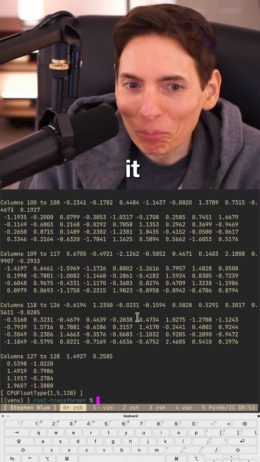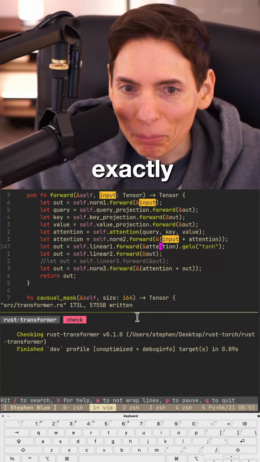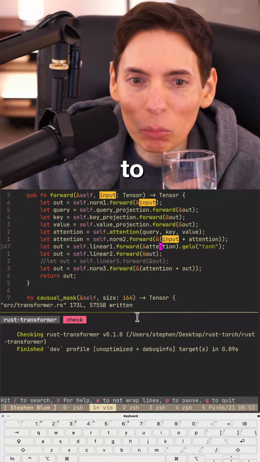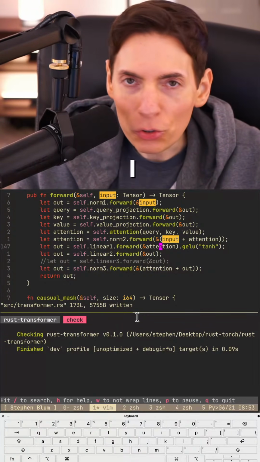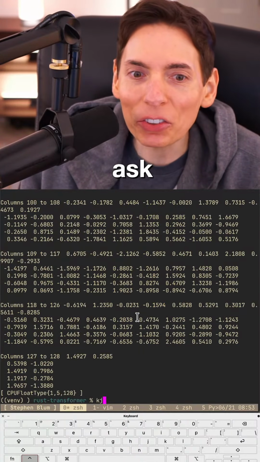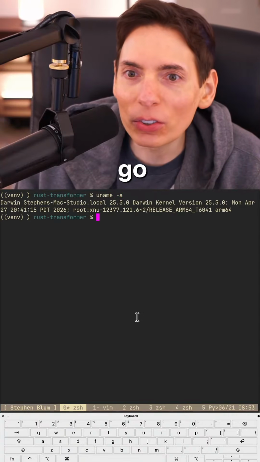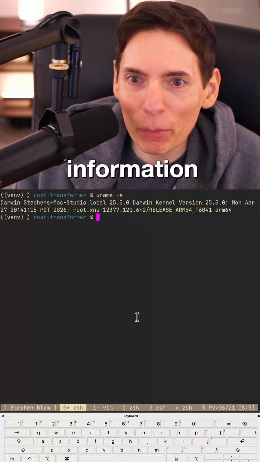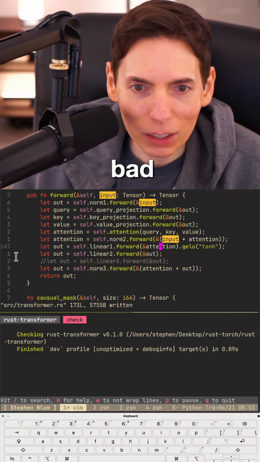You got it. How's it going there, Rayan? Yep, Rust. You know it. We're doing Rust. Exactly. Dash a to get more information about the operating system. All right. I usually don't give that information away. Since you asked, you guys, are you ready? All right. Here we go. It's a sneak peek. You only get that information once. Okay, it's gone. If you missed it, too bad.